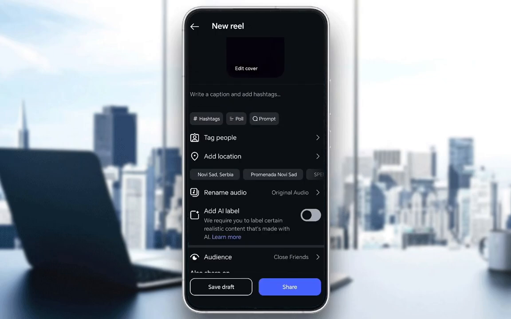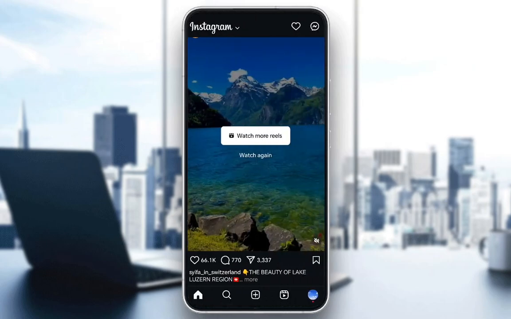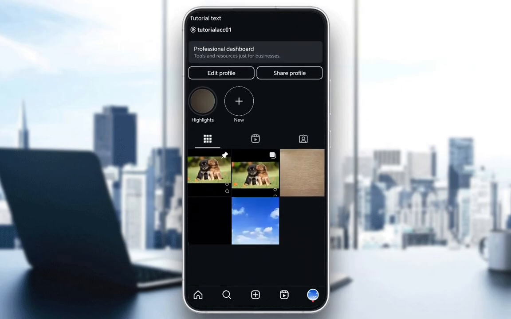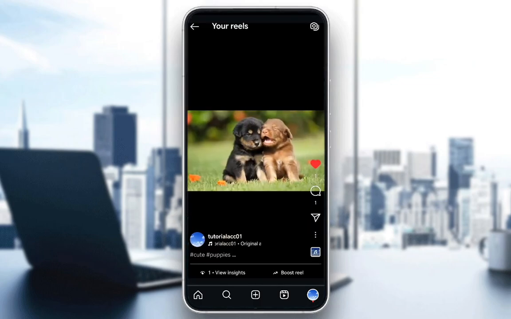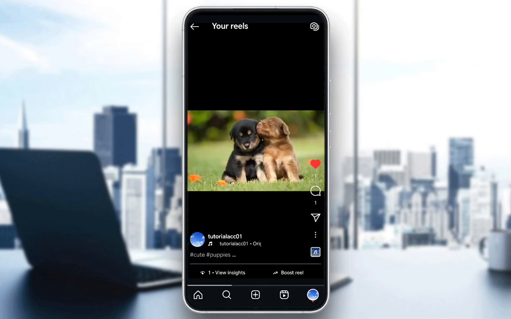However, if you want to hide it after it's already been posted, that's also an easy thing to do. What we're going to do is I'm going to go over into my profile. I'm going to select one of my reels, for example, let's say this one, and I'm going to click on the three dots in the bottom right, go into manage, and from here, as you can see, for some reason